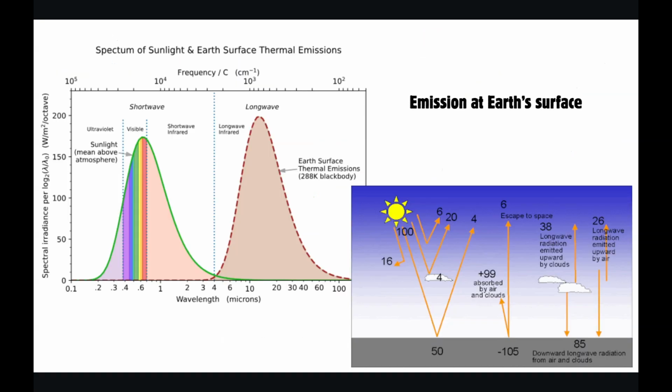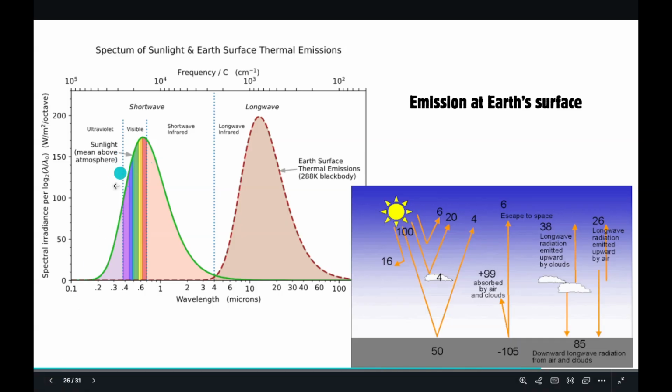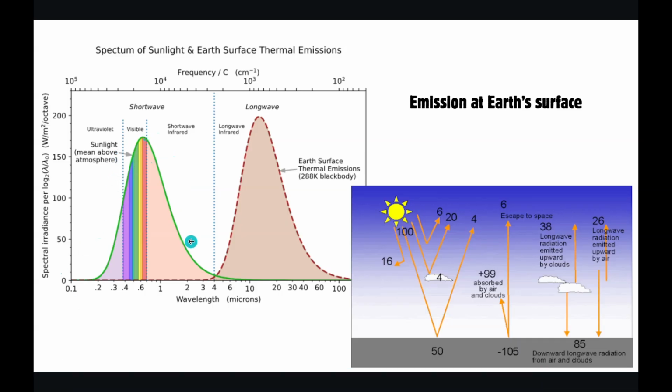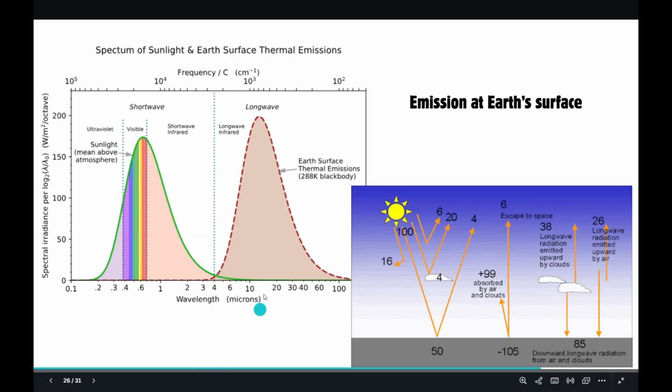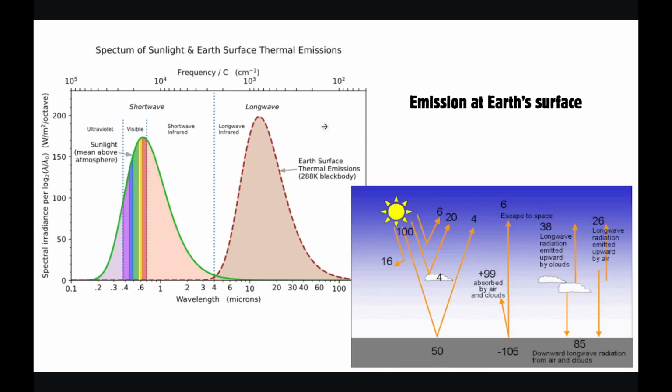Okay, so this is the diagram wherein incoming radiation is essentially short wave, and then after absorption, when it emits, it is going to emit in the long wave radiation. Okay, so incoming might not be heat carrying radiation, but once it is absorbed, it gets converted into long wave radiation. That means it is converted to heat.